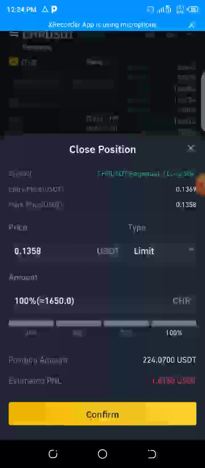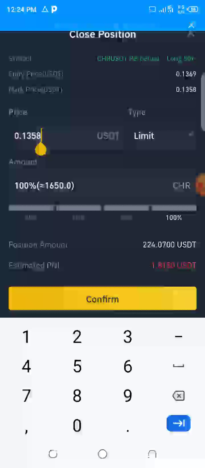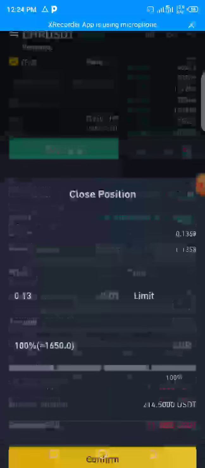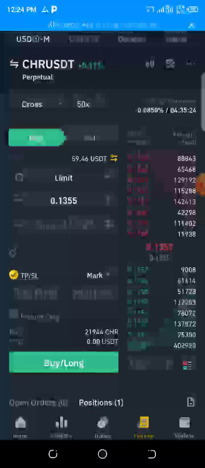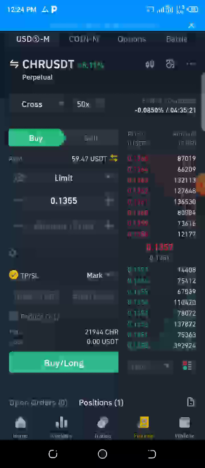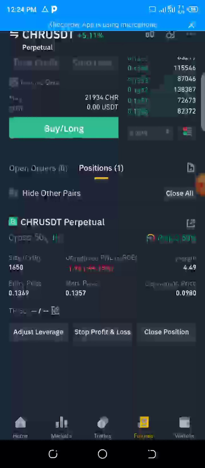Limit price is more like setting a stop loss. If you tap on the stop loss, for example, you say okay, I don't want. Let me go back and explain something first. Currently, the market is trading at 0.1357, and I still have a strong belief that this market might get to maybe 1397, 1398, but for now it's around 57. But I don't want to experience more losses than what I'm seeing now.